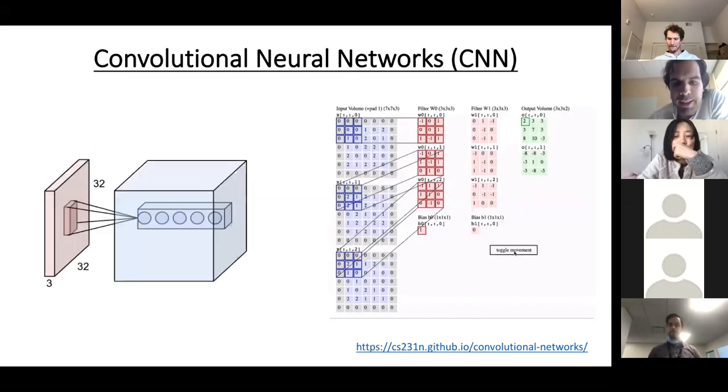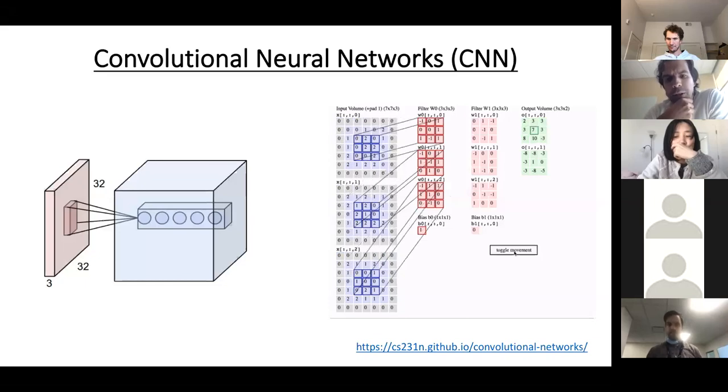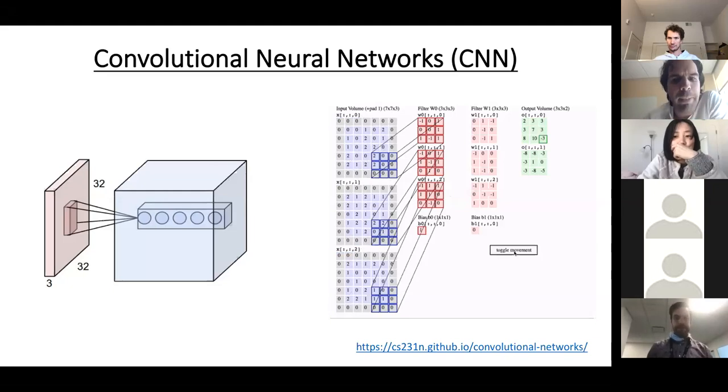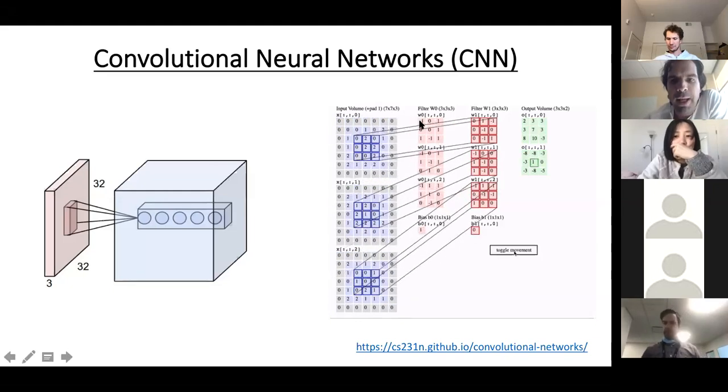So how do they do that? Okay, can you see the GIF here? Do you see it interactively? Yes. All right, so what is happening here is that you have these filters, that this is what the network